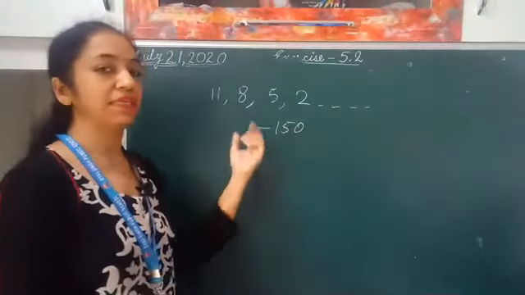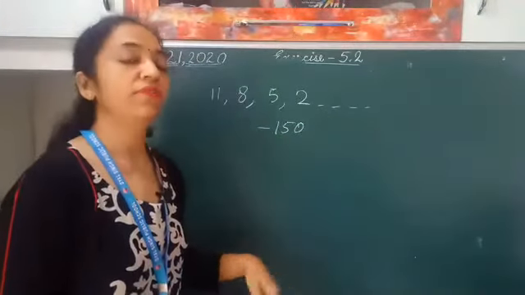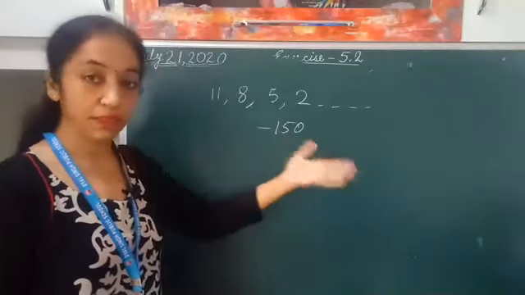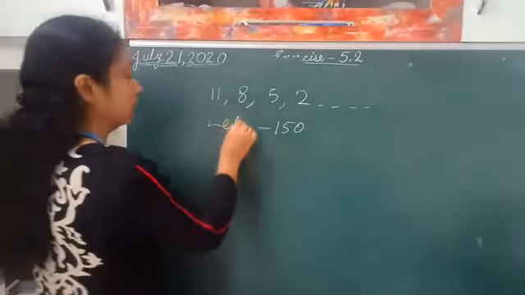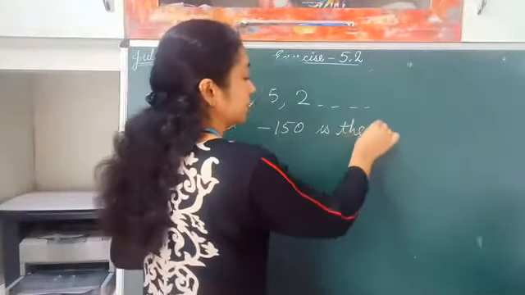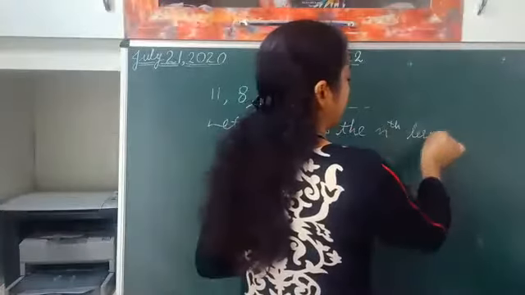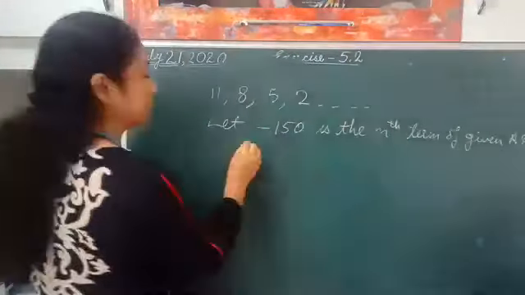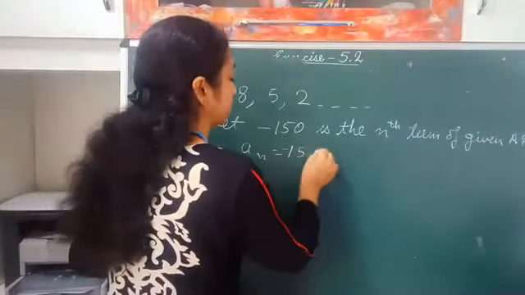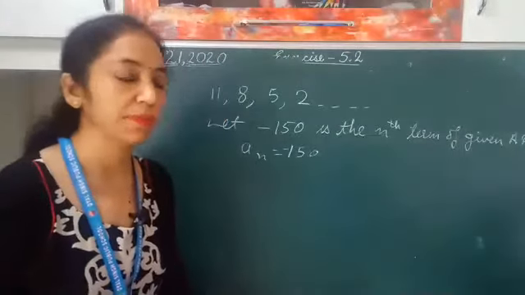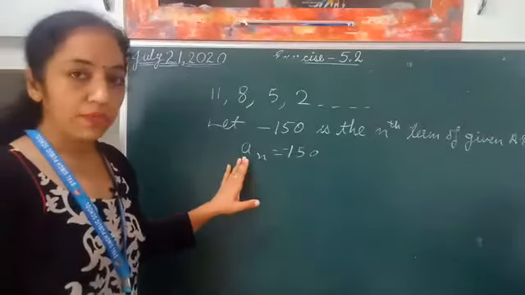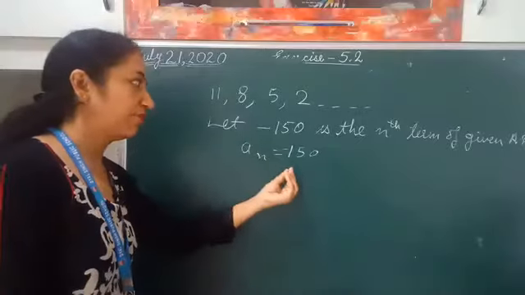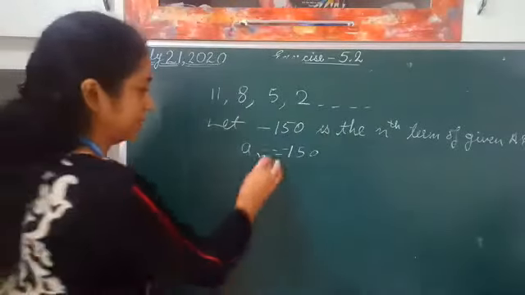Right? आपने check करना है कि ये इसके अंदर आएगा कहीं पर या नहीं आएगा. We will assume कि आएगा. ठीक है? अगर आएगा तो कौन से नंबर पे आएगा? Right? So we are assuming कि ये nth नंबर पे आएगा. Let minus 150 is the nth term of given AP. ठीक है? Okay. If this is the nth term, means we can write an is equal to minus 150. Right? अब बता दो कि कौन से नंबर पे आएगा. Put the formula, put the values of a and d, and let me know कि n की वैल्यू क्या आती है. Means आपका 150 इस सीक्वेंस में कौन से नंबर पर आएगा.